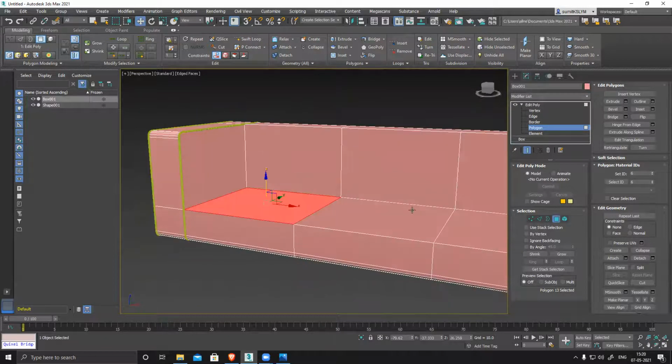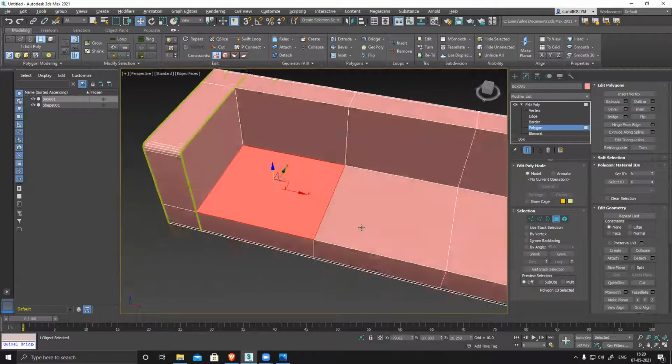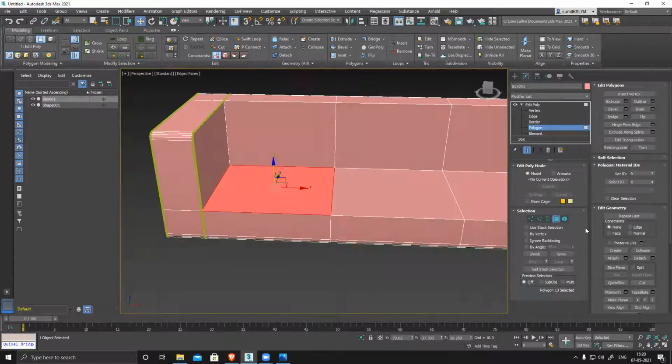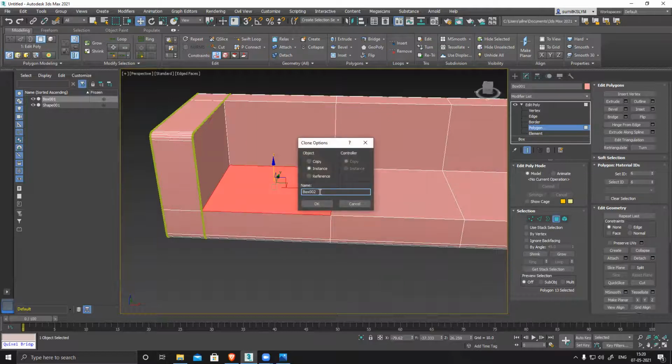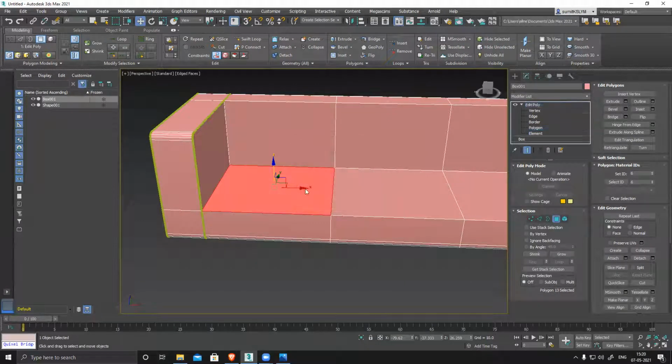Right? Why is it not separating this? Okay, this is very strange. Just clone this surface, copy.